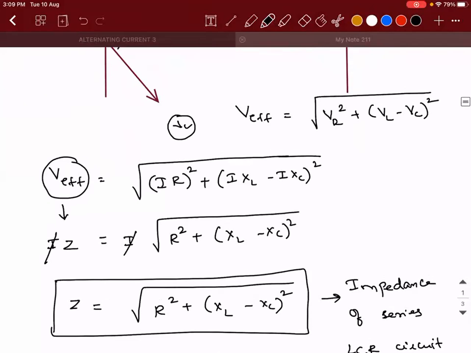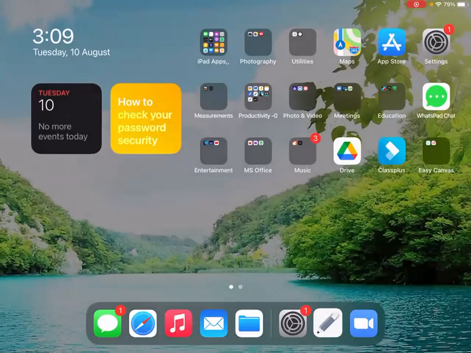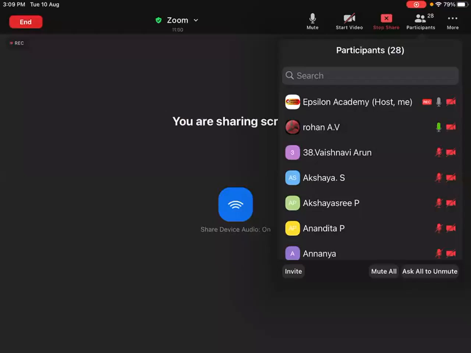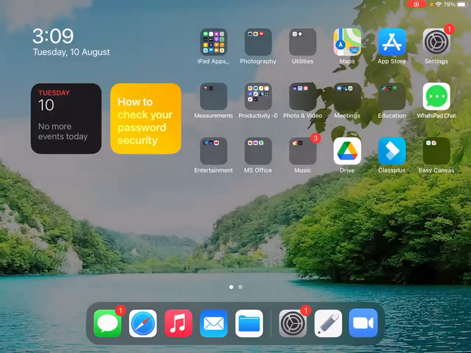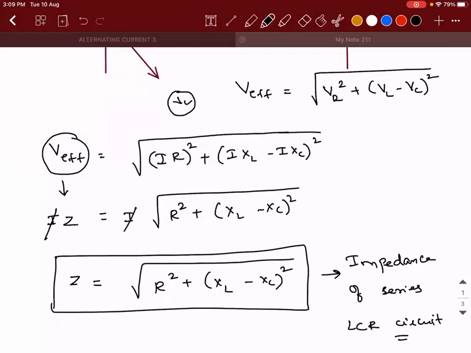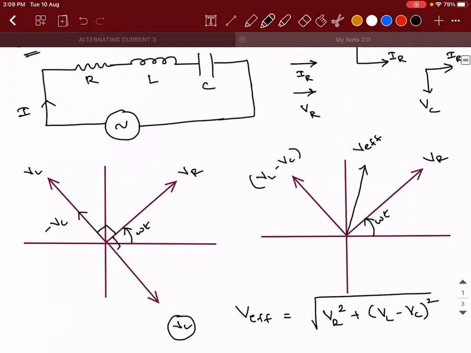I have a doubt. Tell me. The reason why it went in the VL direction is because VL has a greater magnitude than VC? The graph in the second case, the one you drew after? No need, no need. It is because it is in the second quadrant. I took it like that. Sometimes VL will be less than VC also. Not necessary that VL has to be greater than VC always. Okay, sir.